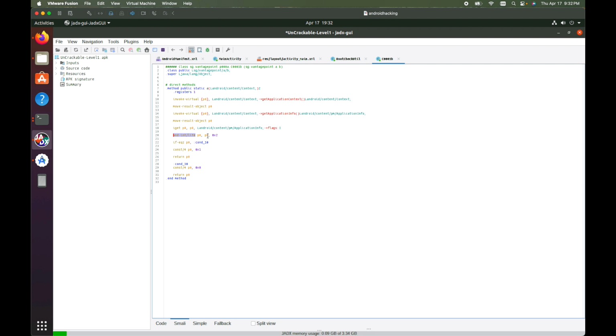So it's going to do P0, which is the flags, and 2. So if it's 2 and 2, it comes back true, else it comes back false. So if P0 is equal to 0, then go to condition 10. Condition 10, put 0 into P0 and return P0. So return 0. Okay, so if flags is equal to 2,